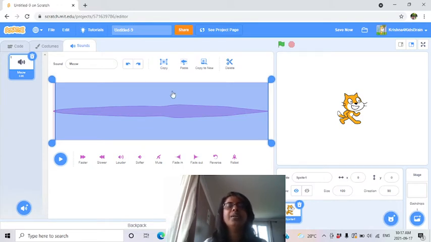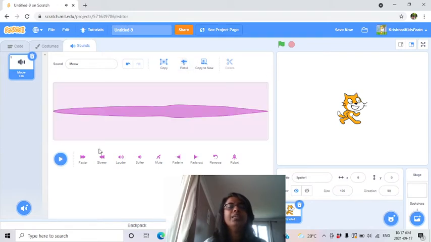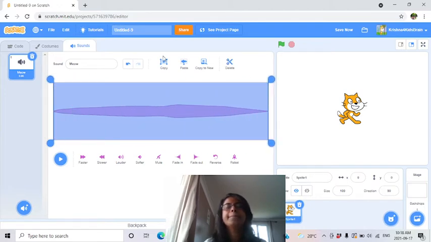Let's try that. Paste it here. If you deselect it and play, there are two meows joined together. If you want, you can make it even 3 meows. You can paste more. That is one way.